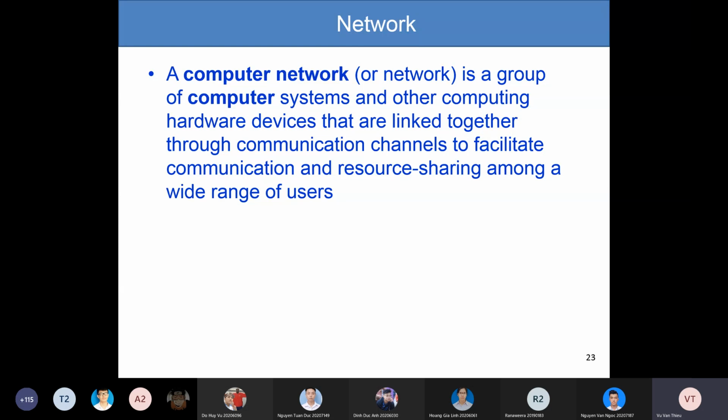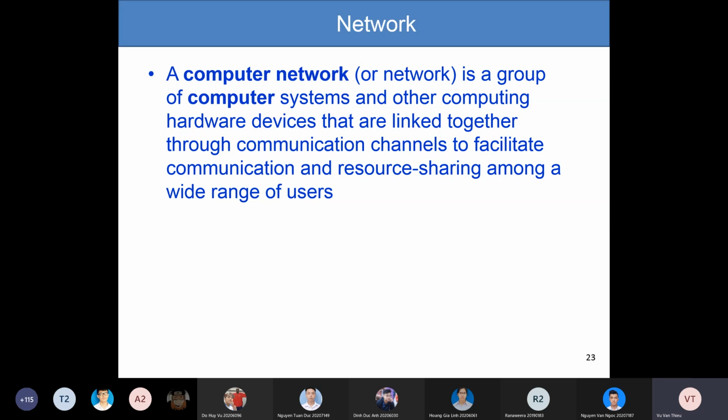They can be connected together using Wi-Fi, Bluetooth, or cable. That is the communication channel. The third thing,